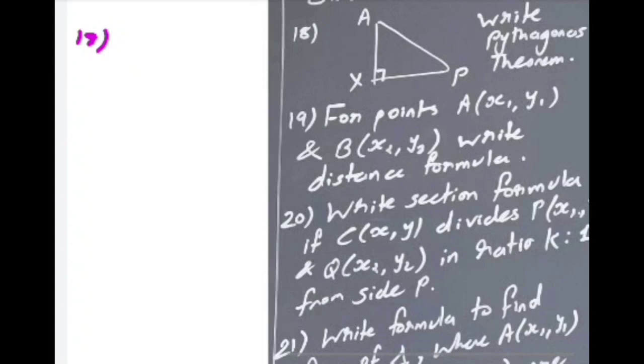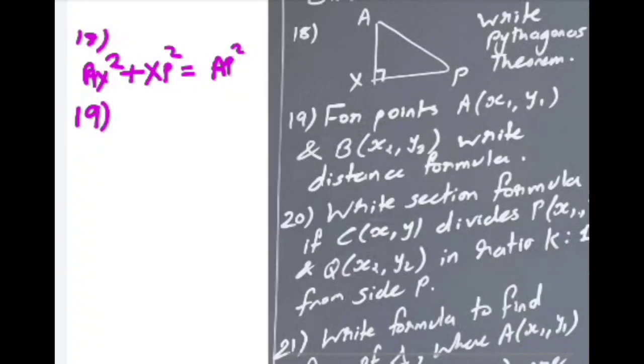Write Pythagoras theorem for this figure. Then we can write it like this: AX square plus XP square is equal to AP square. Okay, then 19th, for point given, write distance formula. So distance formula we can write distance between A and B, that is equal to root of